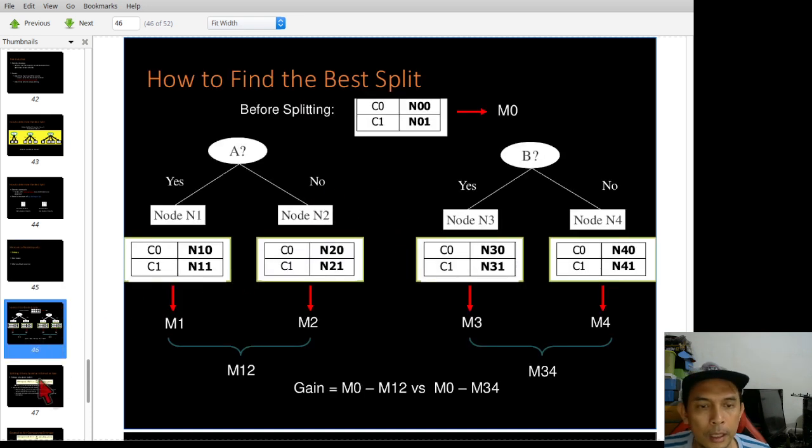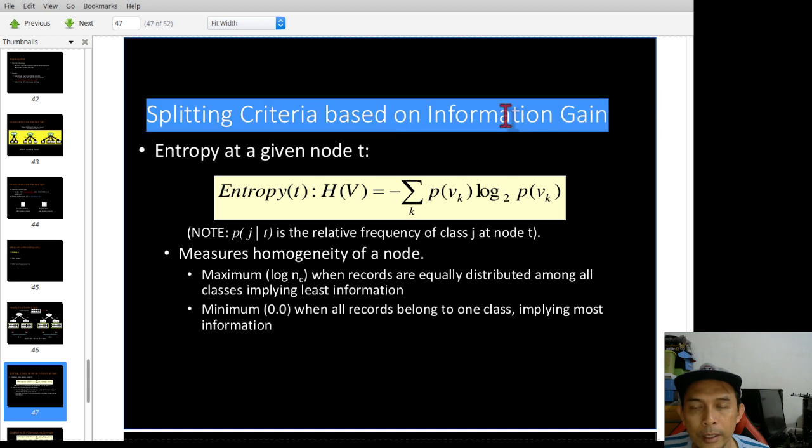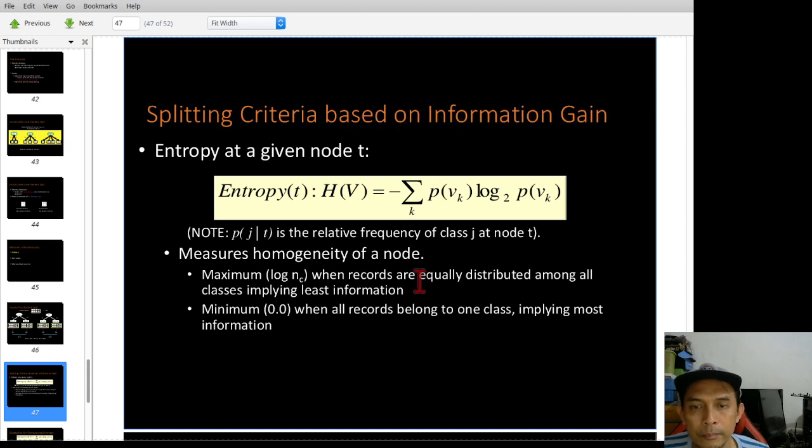Okay, we use what we call information gain. We calculate entropy based on information gain. The idea is the higher the information gain, the better the attribute to be used as splitting criteria.